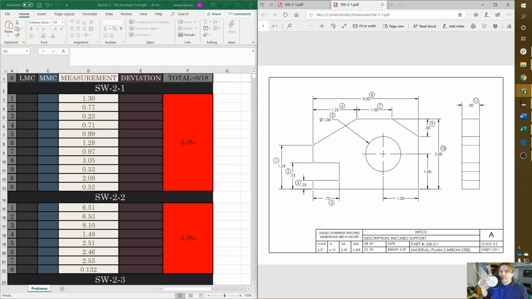I want to walk you through how to complete the envelope principle exercise I have up on Canvas. Before starting this exercise, I would suggest watching the videos on SolidProfessor under Rule Number 1 of GD&T, specifically the video Step-by-Step Rule Number 1. So this exercise is intended to show how much form deviation a particular feature can have at whatever